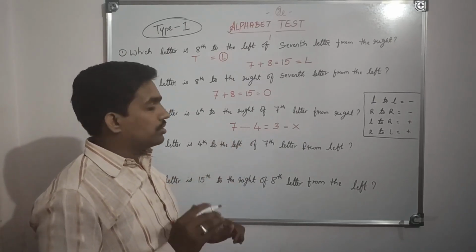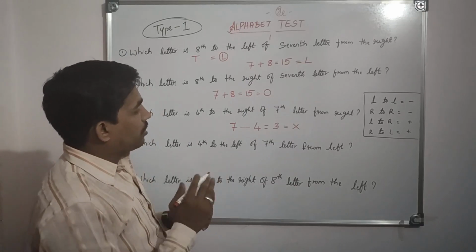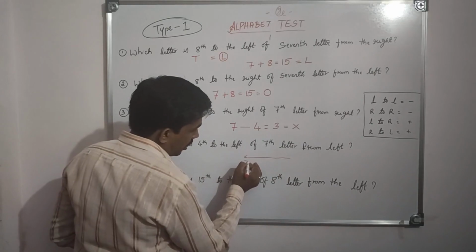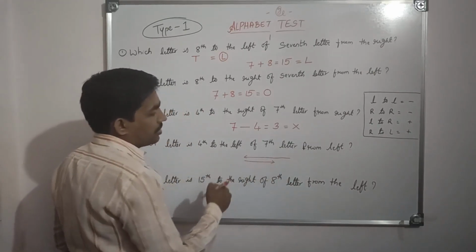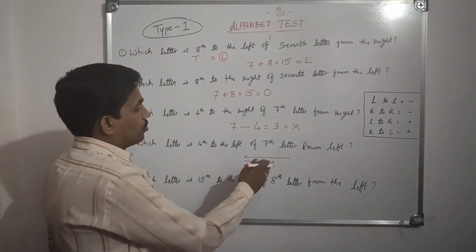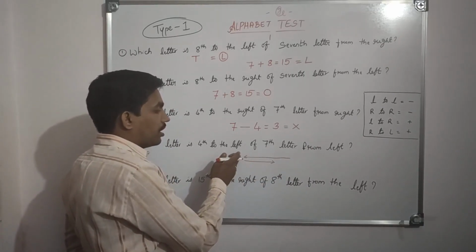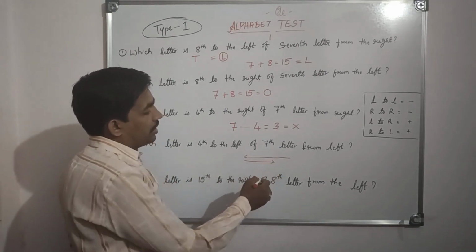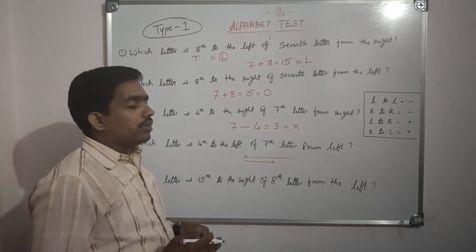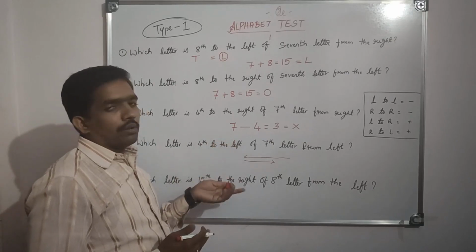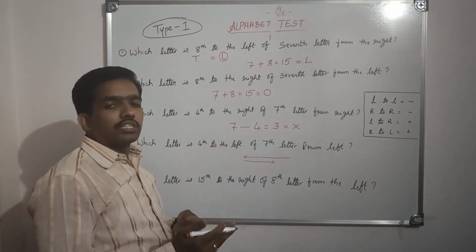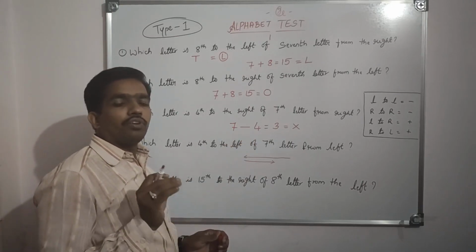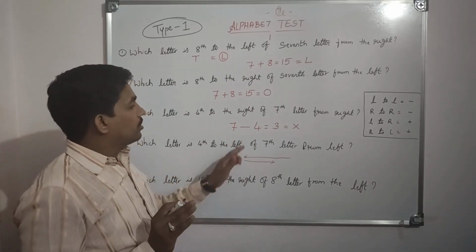If you don't know this, then by doing it normally you have to come like this, and again go back. So this is the actual method. First from here you come here and again you go back. By doing this method you will take more time, around 1 minute or 50 to 60 seconds. By using the shortcut you will get the answer within 10 seconds.